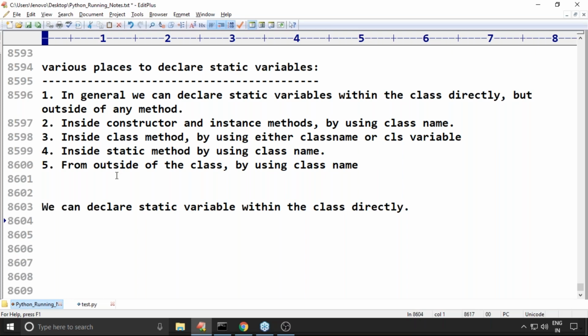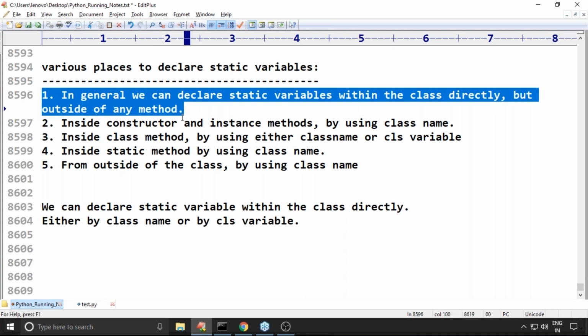But in all other places, either by class name or by the CLS variable. Remember this one. Yes, general programming practice is this. It is highly recommended to declare static variables this way.